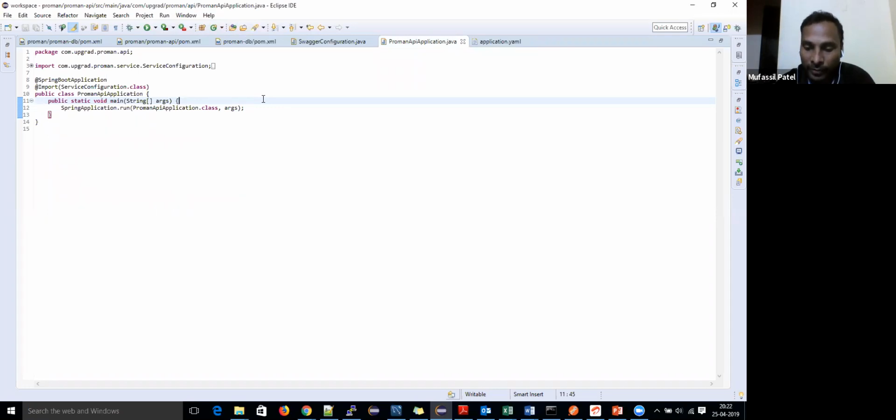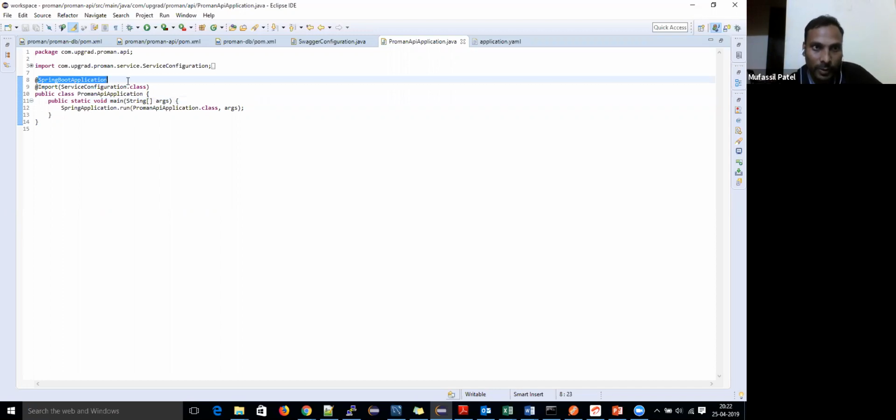You need a main function. For a Java program, you must write one main function to get entry into the main application. So in Spring Boot also, you need one class where you define the main function, and you have to write the Spring Boot application annotation, because you must tell the compiler that this application is a Spring Boot application, and